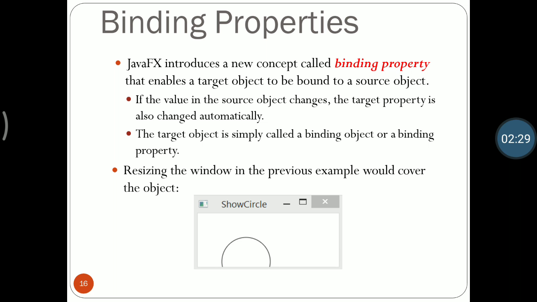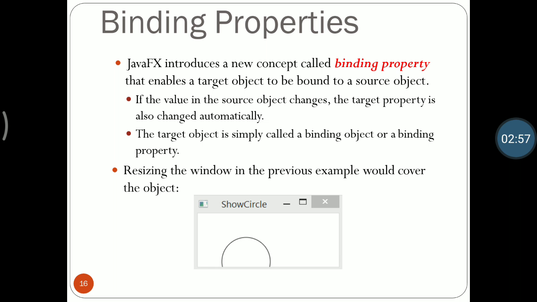JavaFX introduced a new concept called binding property that enables a target object to be bound to a source object. If the value in the source object changes, the target properties also change automatically. The target object is simply called a binding object of a binding property.